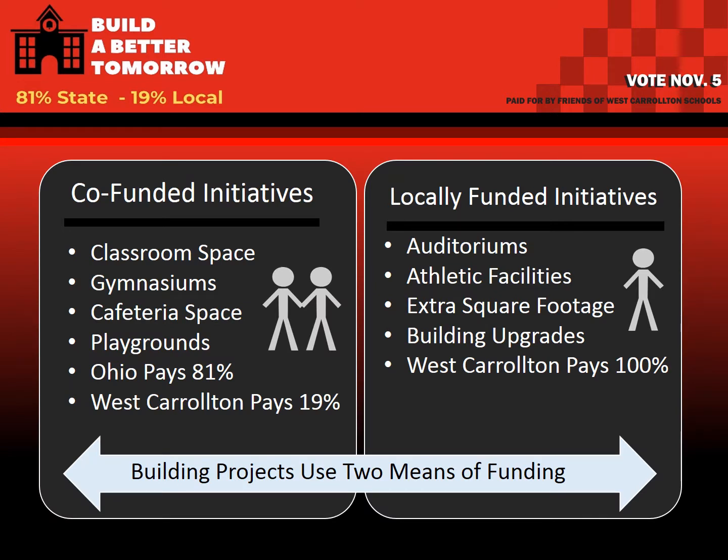There are two means of funding for building projects: co-funded and locally funded initiatives, or LFIs. These terms will be repeated often through this process. Co-funded initiatives are the things that the OFCC will pay 81% of the total cost. Co-funded items include classrooms, gymnasiums, cafeterias, playgrounds, music rooms, and most areas that a school needs to deliver instructional services